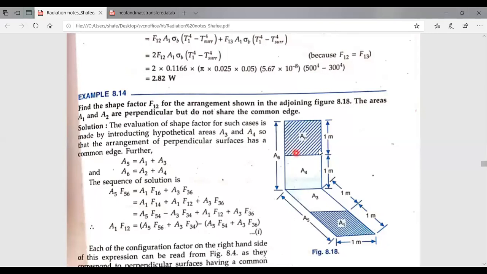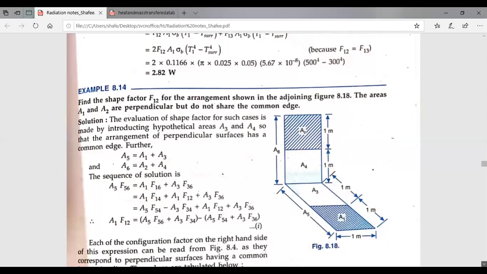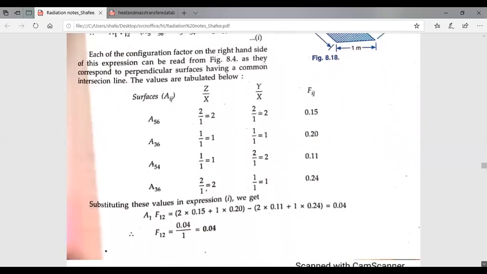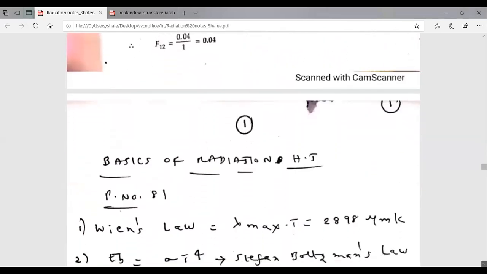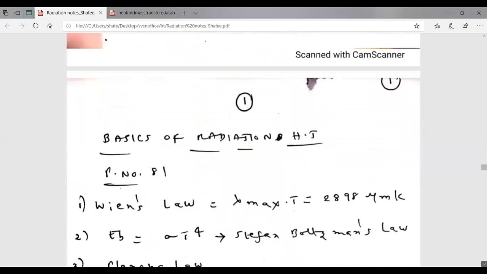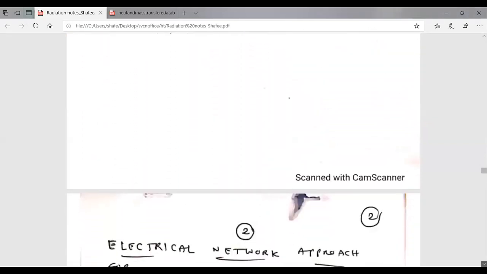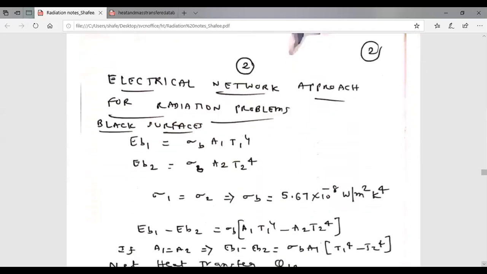Okay. Now the same problem is going to repeat in radiation heat transfer between two non-black surfaces, because here I don't have an emissivity term. The only addition for the non-black surfaces is that you have an emissivity term added, and you will be getting the same problems repeated to find out the shape factor. Okay. Now I'll take one more problem, or I'll just go for the concept. So what we'll see now, yeah, this is very important.